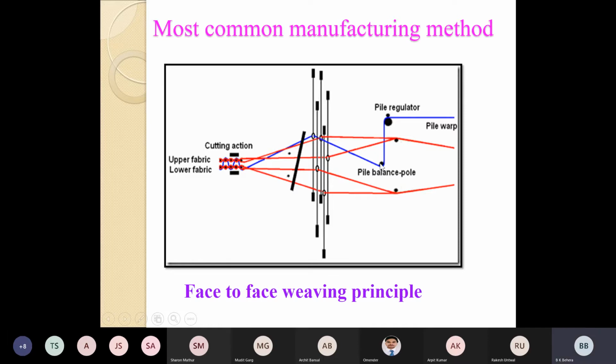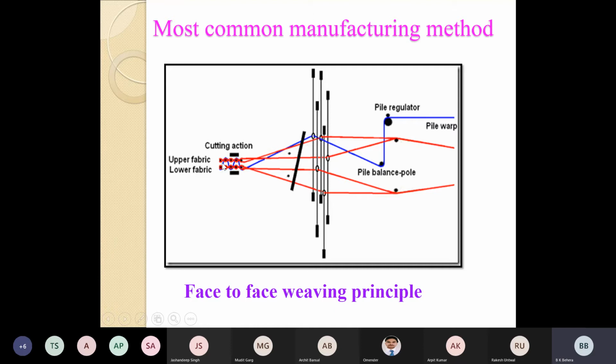Blue one is pile warp, red top, red bottom. Red top coming from one beam drawn through a separate set of heel frame, bottom warp drawn through separate set of heel frame, making bottom layer, and here